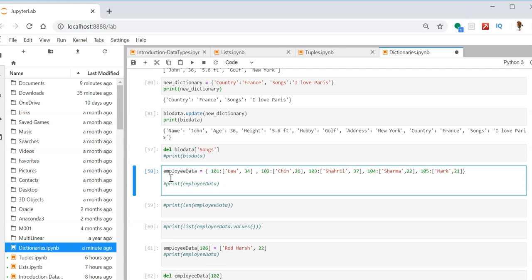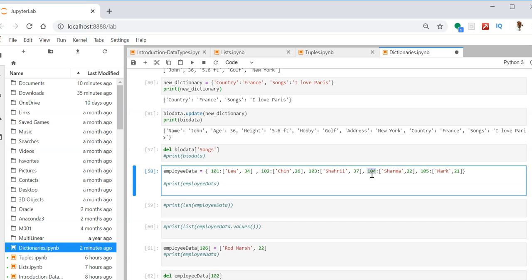Now let us have one more dictionary, which is employee data. Here I am having a key and then a value as a list. If you see, my key is 101, but it is having a list with name and age of the employee. 102 is another key and my list is Chin, name is Chin and age is 26.